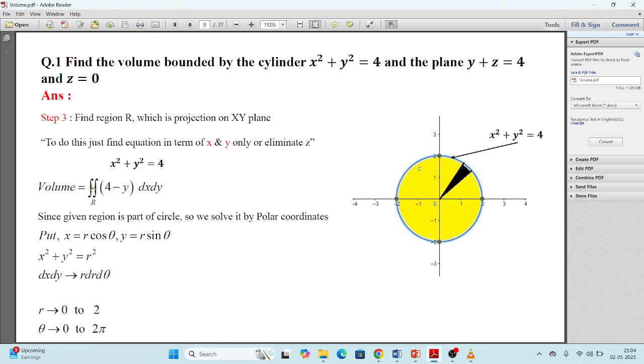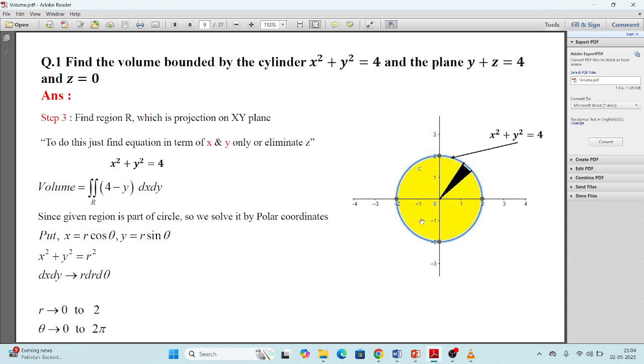So once you have evaluated integration with respect to one variable, the vertical axis z, now we are going to evaluate integration with respect to x and y. So which equation to consider? The one which is in terms of xy, which is free from z. If one such equation is available, consider that equation. So here I am considering this equation, x square plus y square equals 4, which is a circle with center 0, 0 and radius equal to 2. Such a circle is this.